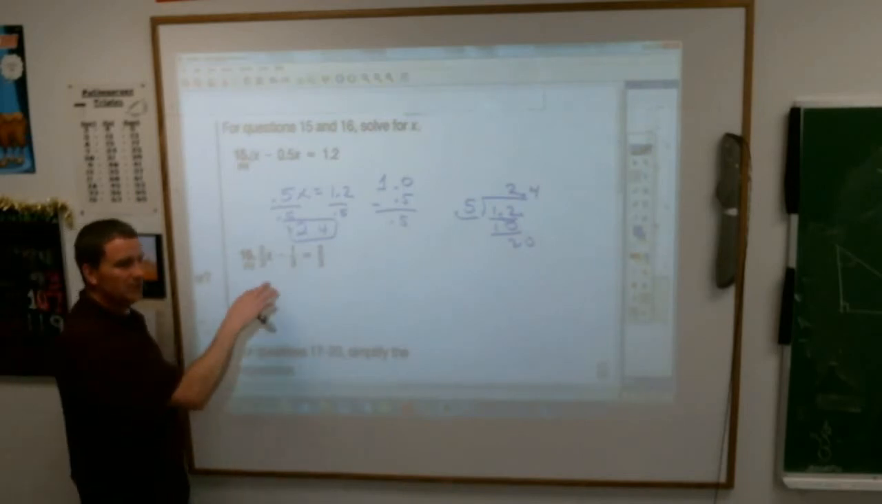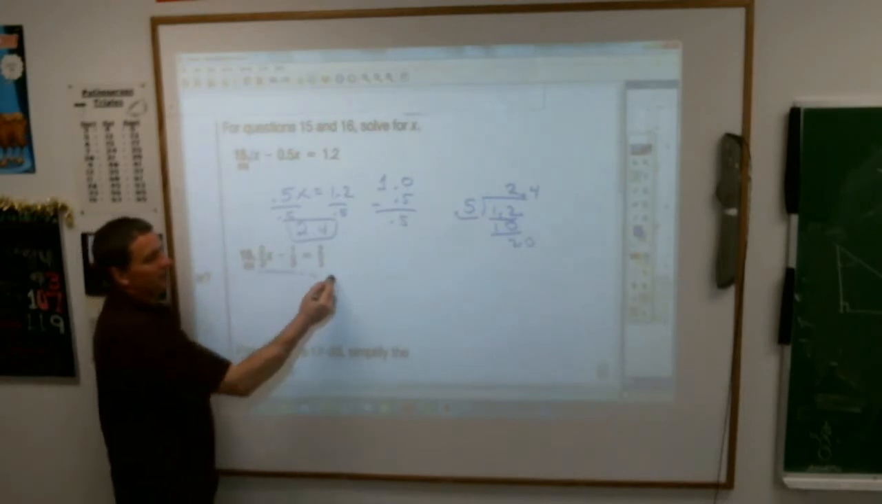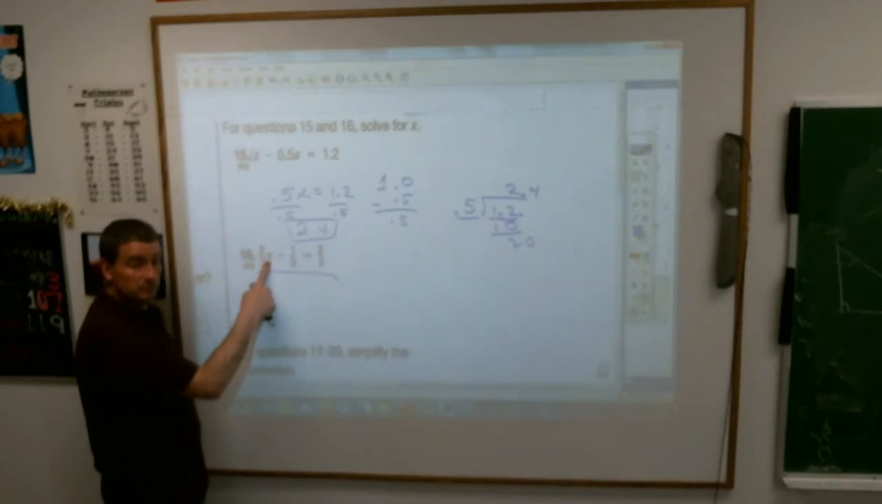Same thing for equations. Can you see how many times equations come up on your test? I mean, if you know how to do equations, you're going to get most of the problems right. How do I get the x by itself? First thing I'm going to do, Calvin, is